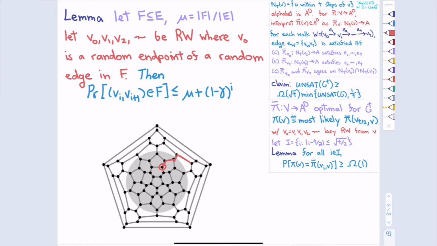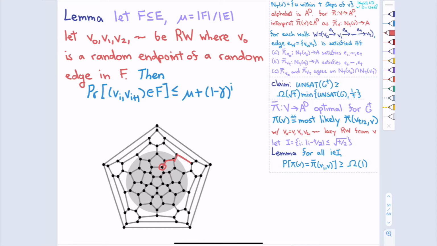So V0, V1, V2 is a random walk, where V0 is a random endpoint of a random edge in F. And this is saying, what are the odds that the step from Vi to Vi plus 1, roughly the i plus 1th edge, is still in F? The lemma says it's at most the proportion of F, that's mu, plus something decaying in the spectral gap.